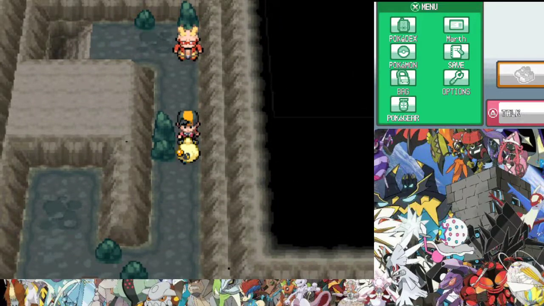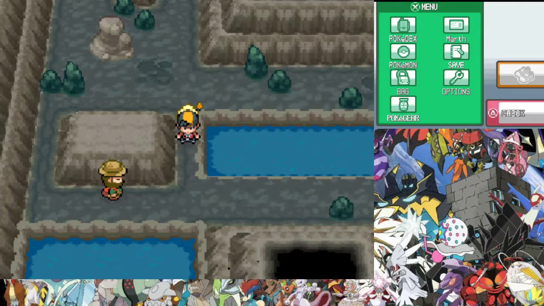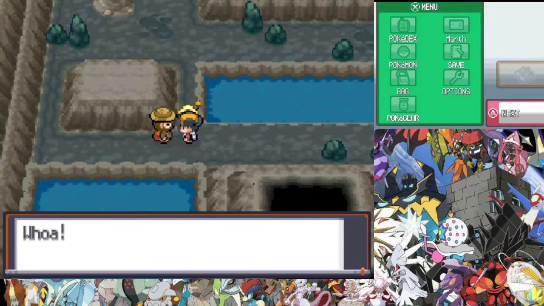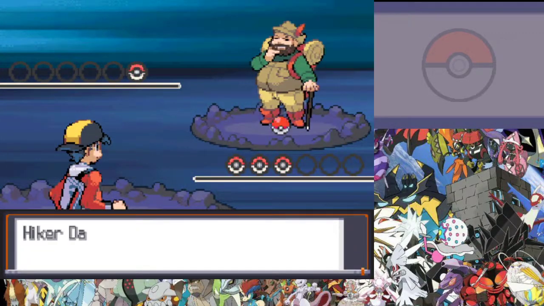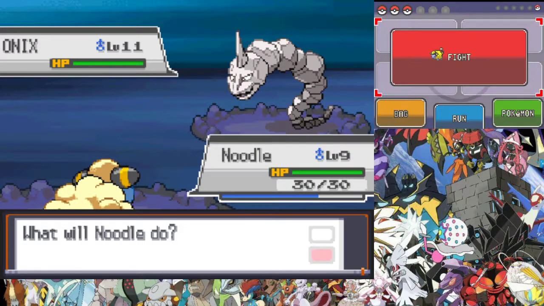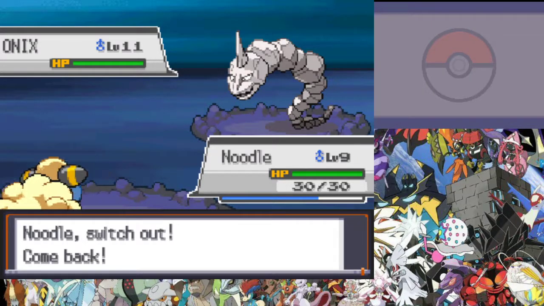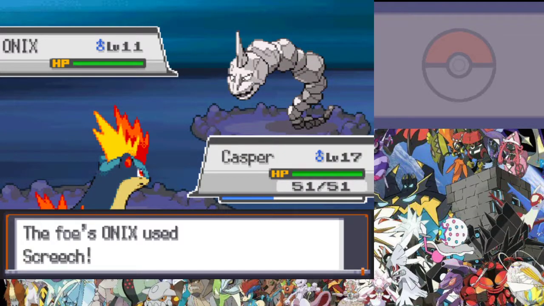I don't believe there's anything up here. There's a trainer there. He uses fire type, but we're going to just skip him for now. And we're going to just go battle this rock guy. Come on, hiker. Give me your best shot. An Onix. This is actually kind of bad. There's not really any Pokemon I have that can do anything to this thing right now. Its attack is pretty weak, so I don't have to worry about it one-shotting me, but...